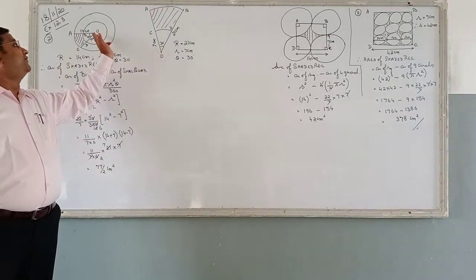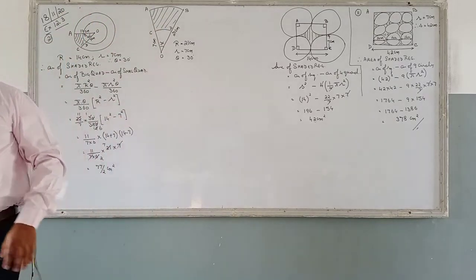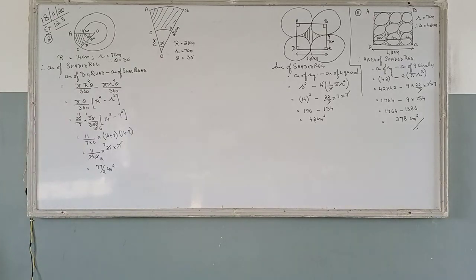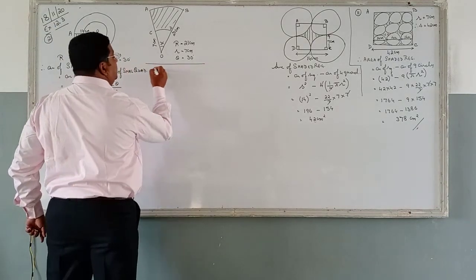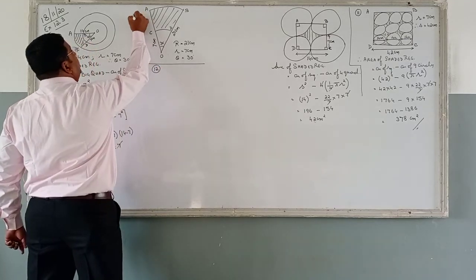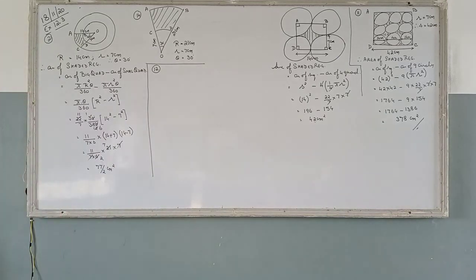Same formula, only the figure has changed. Here, a complete circle is drawn. Here, a part of the circle is visible to us. So that is there, students. You just have to identify the figures correctly: what is to be added and what is to be subtracted. Right? Take a look at question number 12. The figure is given to you. This was question number 14. You can do it. In question number 12, you find in the given figure, OACB is a quadrant of a circle with center O.